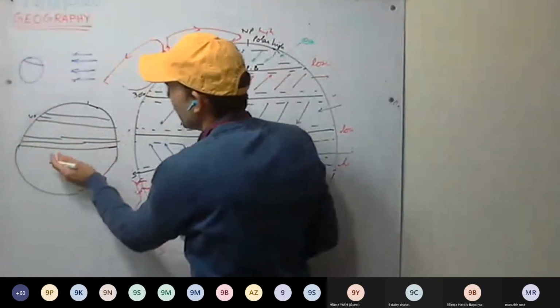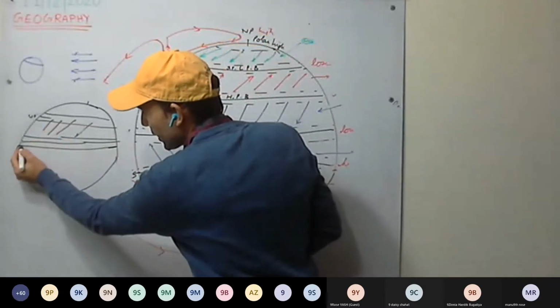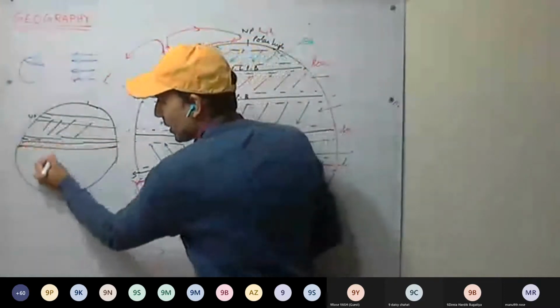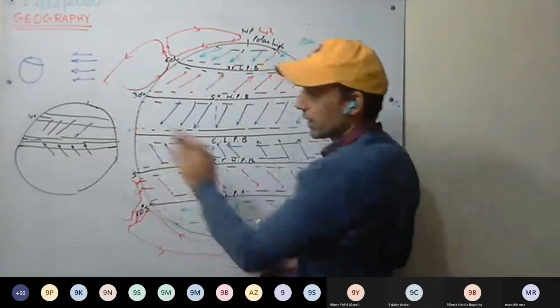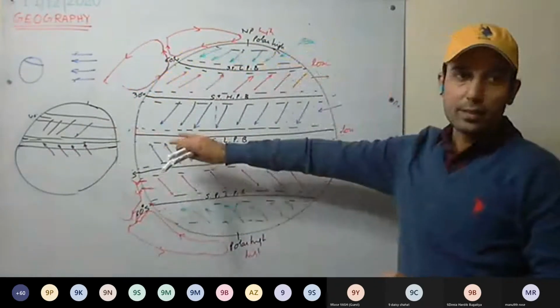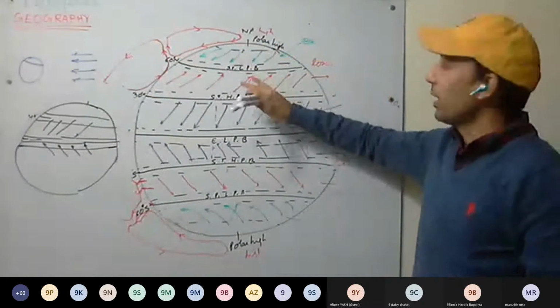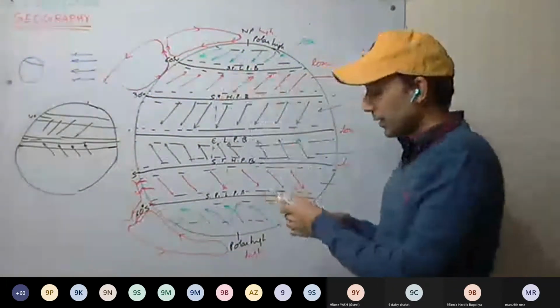So now the winds will be flowing like this. The equator is here, but the equatorial low pressure belt, that is the intertropical convergence zone, lies here. So winds will be flowing like this. These winds have shifted. This shift is clear. Because of this shift, what happens mainly in the Mediterranean areas?